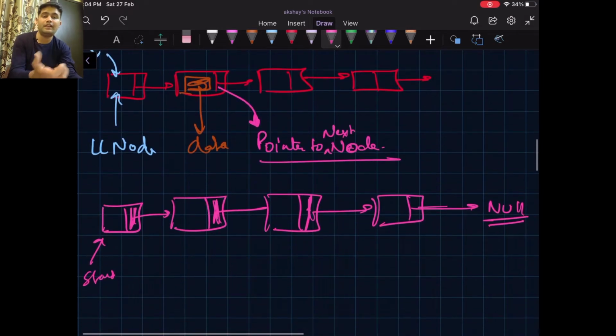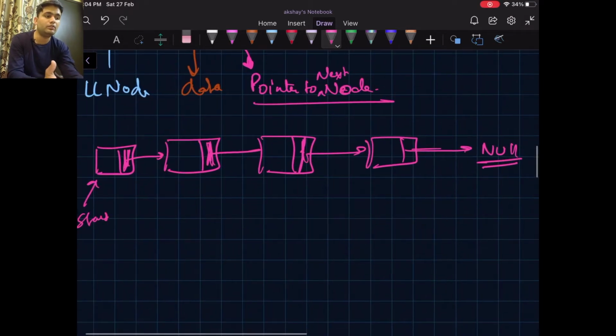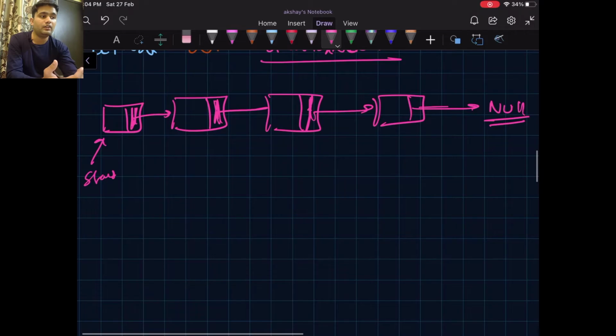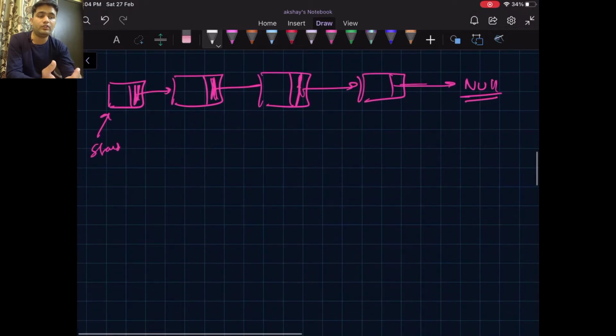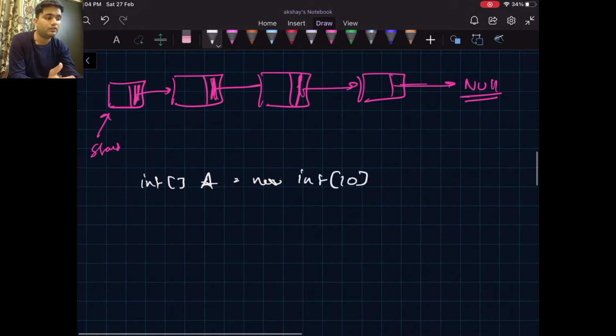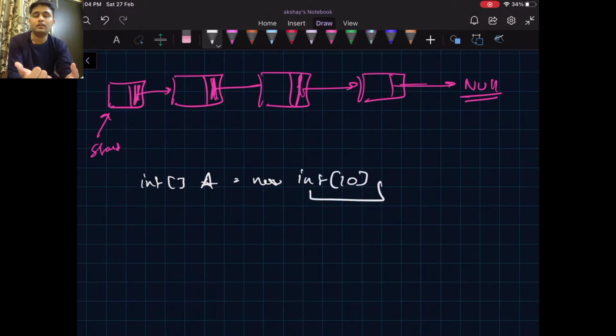Now, what is the benefit of using linked list over array? We all know that while using array, we need to know the size of the array that we require before we use it. So generally, we declare an array, suppose new int 10. This describes that it will only contain 10 elements, and it is not dynamic.